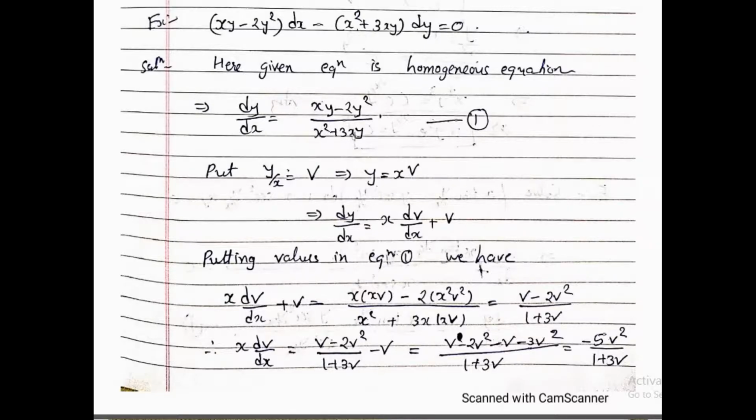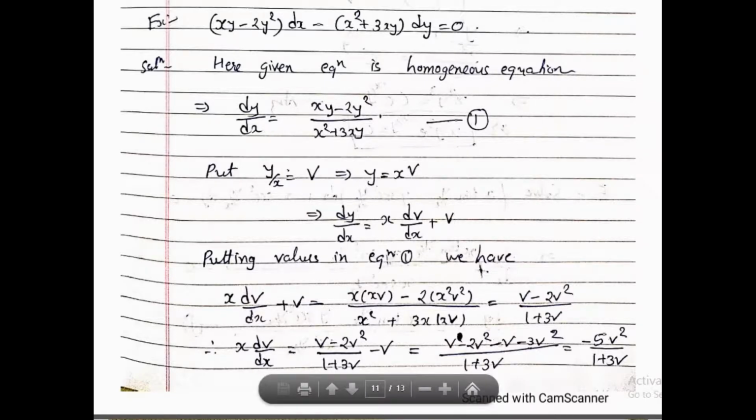plus 3xy. Now we are going to put y by x equal to v, and that will give y equal to x into v. That will give dy by dx equal to x into dv by dx plus v. Correct? We are using the multiplication rule. So putting this value of dy by dx in equation 1 and this value of y, that will give you